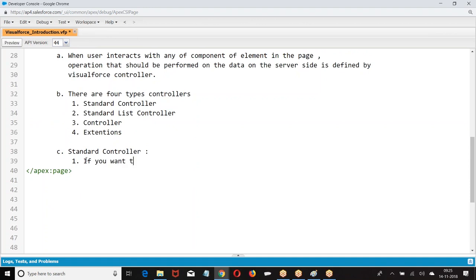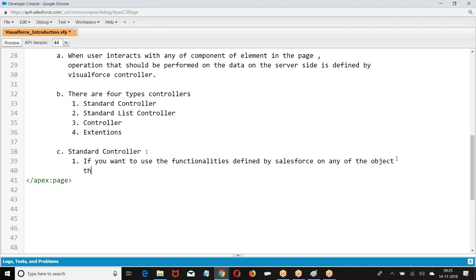If you want to use the functionalities defined on any of the objects, then we use the standard controller.